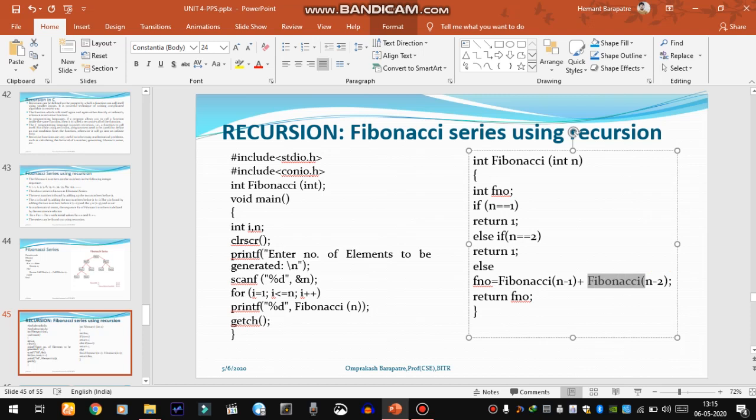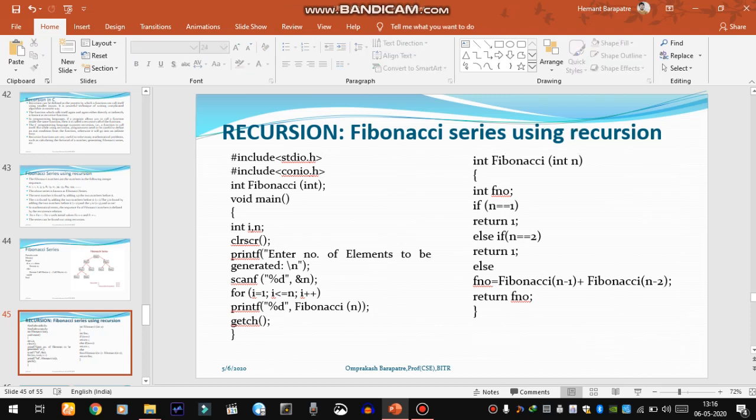The control is given here again. So this particular function is calling this function inside the same function. Fibonacci n minus 1 will be calculated by the same, and Fibonacci n minus 2 is again calling this function. So Fibonacci n minus 1 and Fibonacci n minus 2 values will be calculated until n becomes 1 or 2. And we have two initial conditions, f0 is equal to 0 and f1 is equal to 1. So obviously we can use that exit condition to exit from the loop.